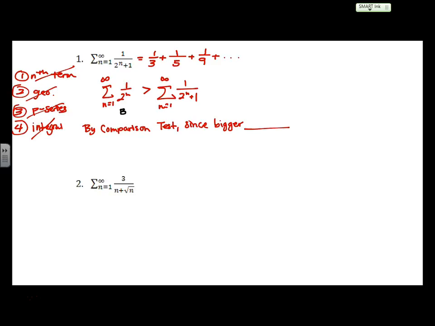We're only going to be able to make a conclusion if we know that the bigger converges, right? So hold on, we got to think about 1 over 2 to the n. What do we know about it? It's a geometric series. It's geometric and r is equal to 1/2, which means the bigger converges, right? Are we good? All right, so let's finish our statement and say since the bigger converges,